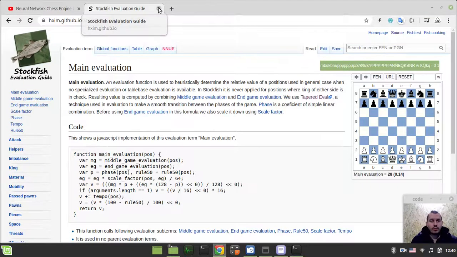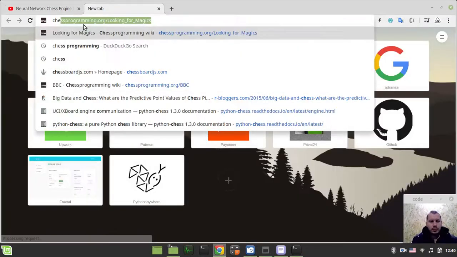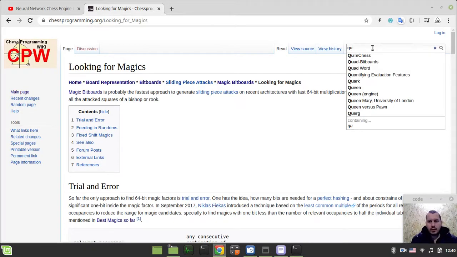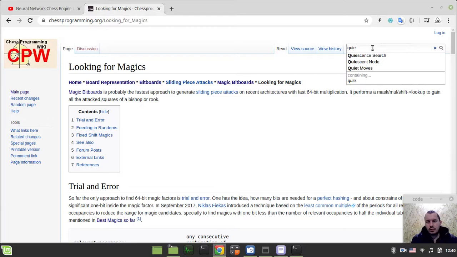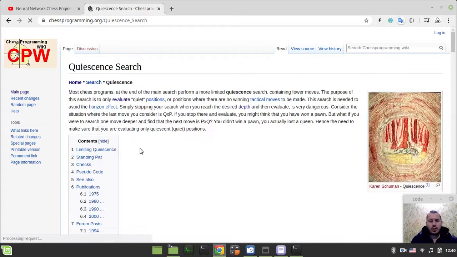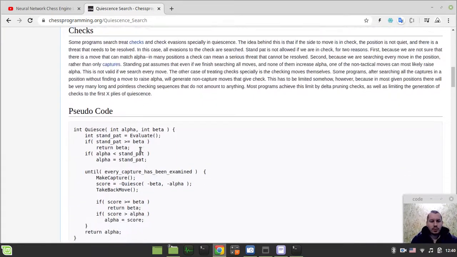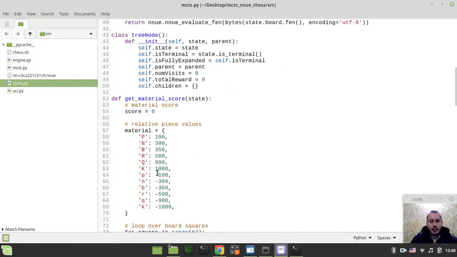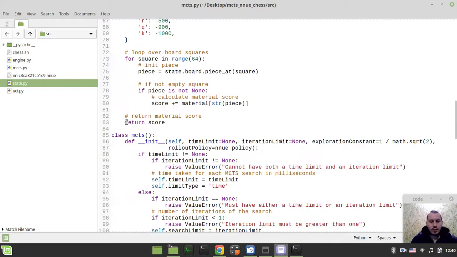So let's go to the chess programming page on Wikipedia, and I want the quiescence search, and here is a nice pseudocode of the so-called stand-pat algorithm. So just copy this, and here